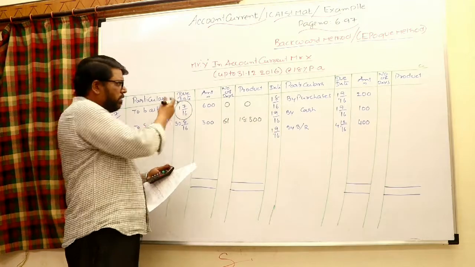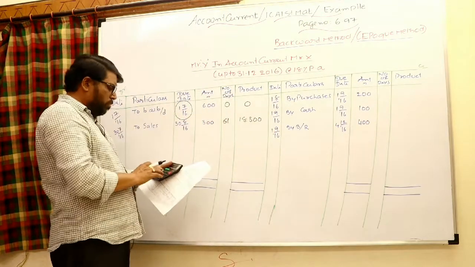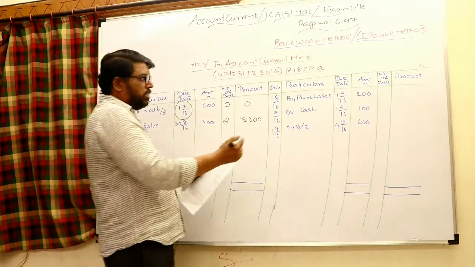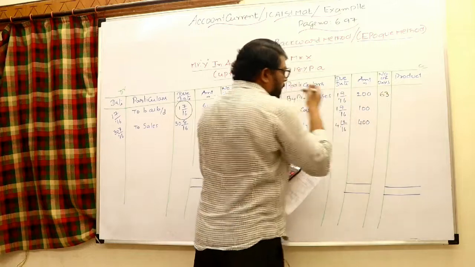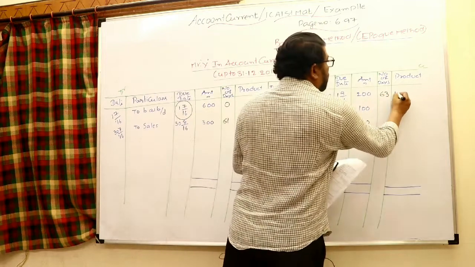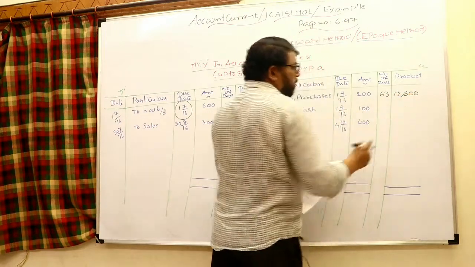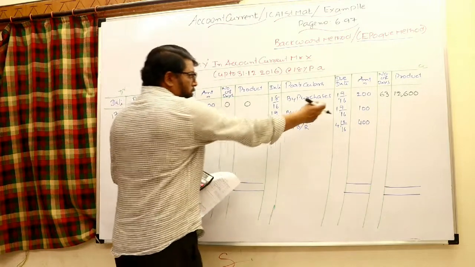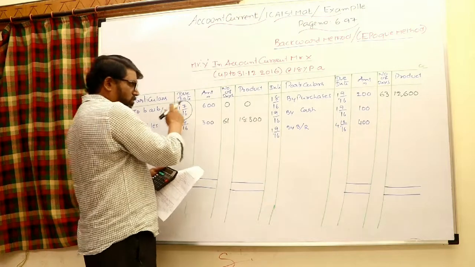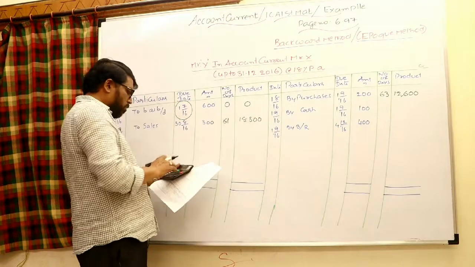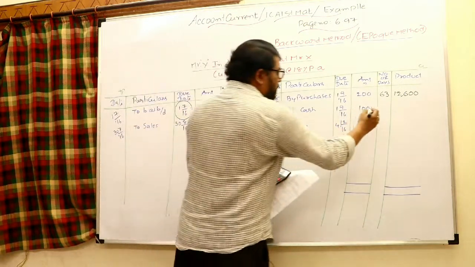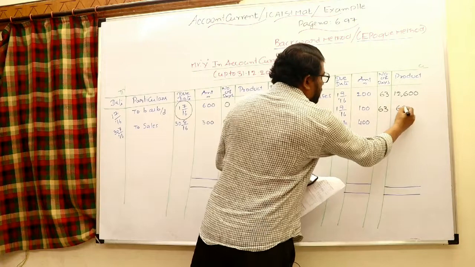Come back to this due date, 1/9/2016 to 1/7/2016, you have to calculate. Otherwise here to there, no problem. In July 31, August 31, September 1, total number of days 63. Multiply 200 into 63, which is 12,600. Similarly, from this due date to the opening balance due date, in July 31 and the same 1/9/2016, so the number of days would be the same, 63. It is 6,300.